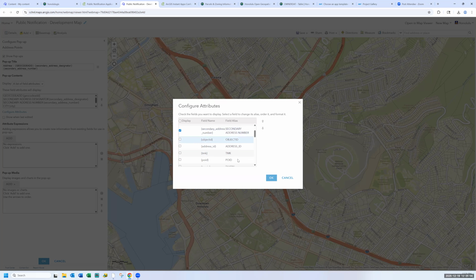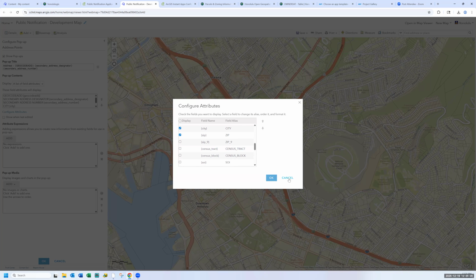We have a bunch of additional fields that I could turn on, but they probably have no bearing on people trying to mail out notifications. The object ID is not going to have any meaning for people, and census tract, census block, and so on are not really going to hold meaning for anyone, so we haven't turned those on.